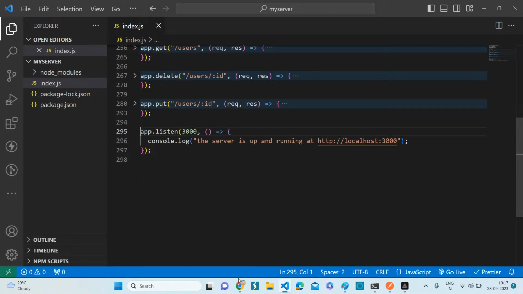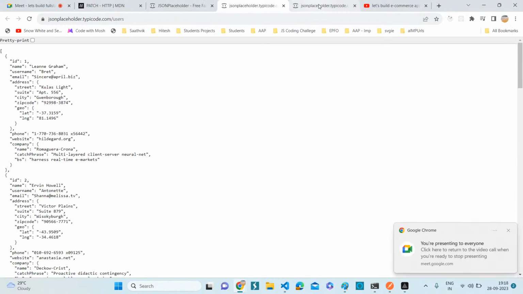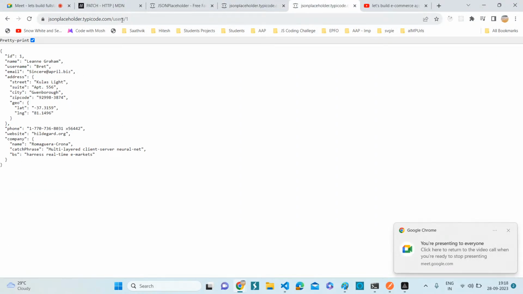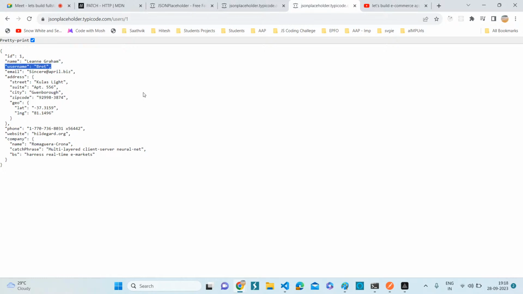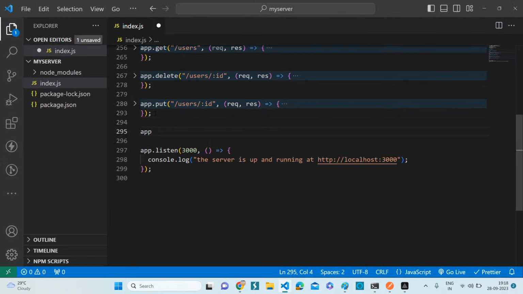Here, the resources we are taking from JSON placeholder, the same user details. Whenever the client requests to update the resource with put, we need to send the entire object. But whenever we deal with patch, suppose I want to update only the username, we should allow it to update. So how to implement that? That is interesting. So let me add the patch